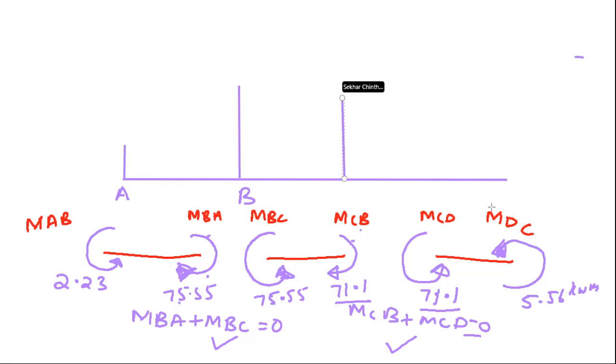At D, how much is it? Now you see, at C we have completed: this is clockwise, showing upwards, and this is anti-clockwise, also showing upwards. Now at CD, this is showing downwards. Here it is pointing towards downwards, that is 5.56. Now what you have to do is join all these points. How do you join? It's very simple. Just join like this.